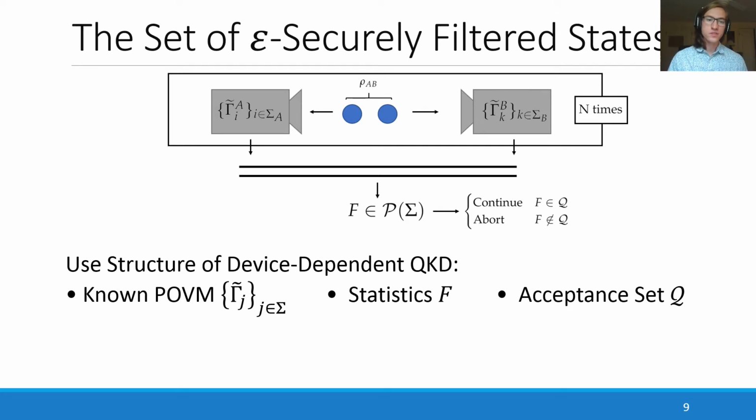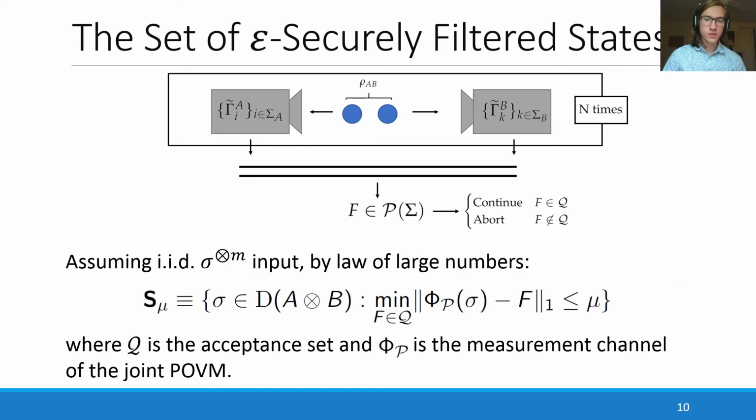To determine this set of states, we need some structure of our protocol. In the case of device-dependent QKD, we have the joint POVM gamma tilde j, the fact that at the end of the parameter estimation subprotocol, they will obtain some statistics f, and we know that they have some pre-agreed upon set q, which will determine whether or not they abort given the statistics f. So, using this structure, under the assumption of collective attack or equivalently IID input to the parameter estimation subprotocol, by the use of law of large numbers,